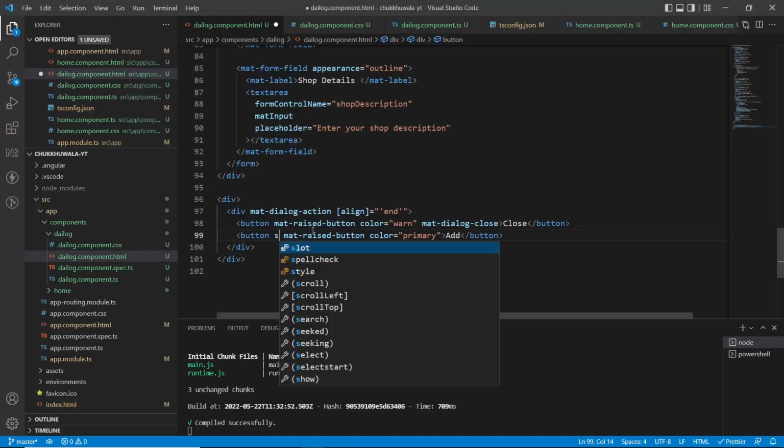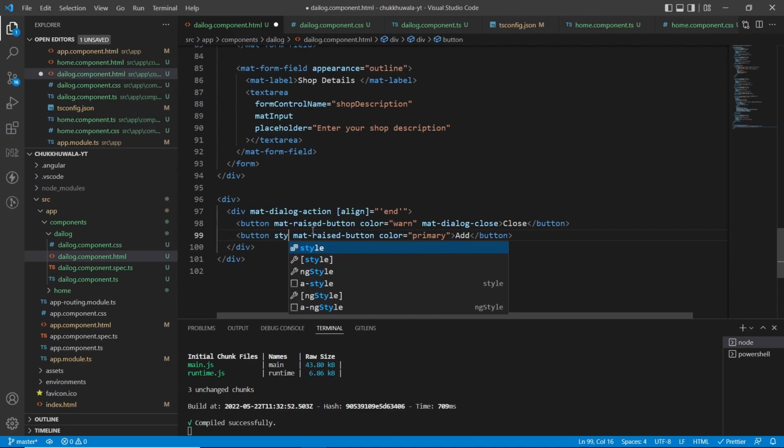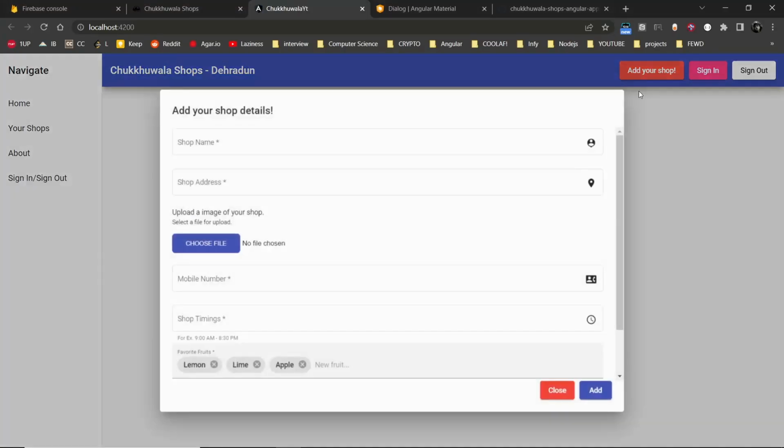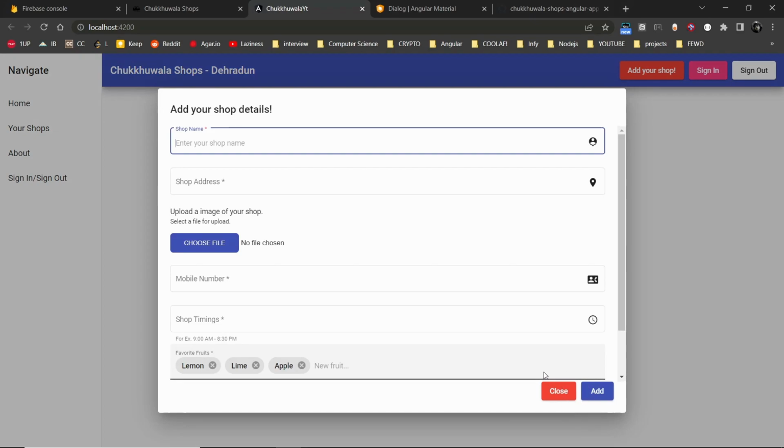So I'll say button style, margin-left is equal to 10 pixels. Hit save. Now check that. So now there is a spacing between these two buttons. Okay,